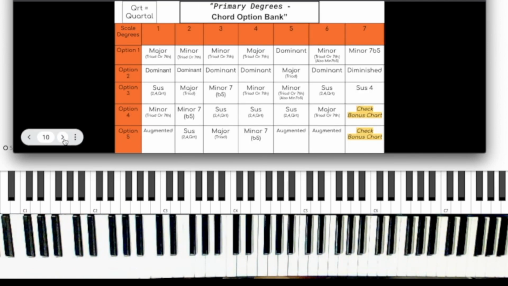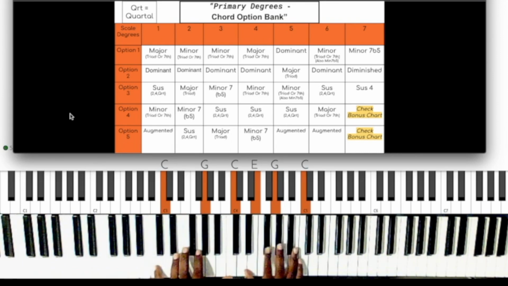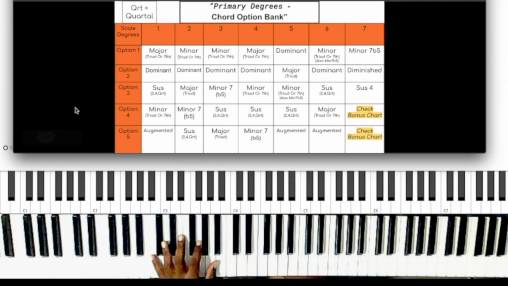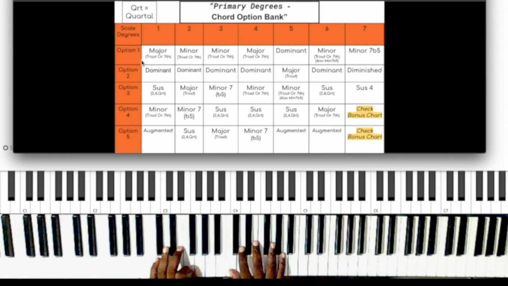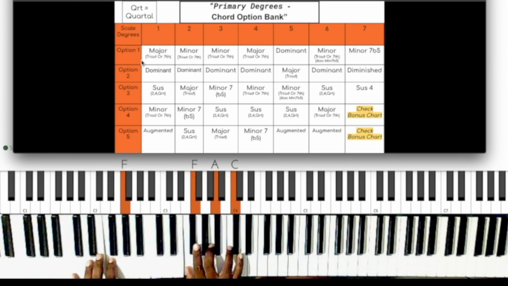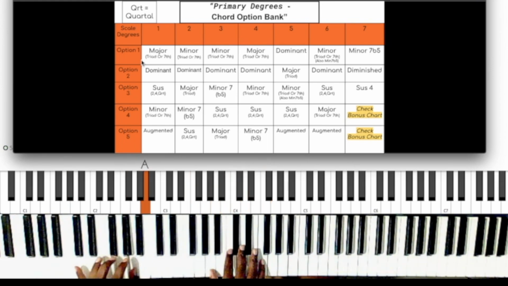And that point leads me to this last part of our series, which is the chord option bank for our primary degrees, which is the 1, 2, 3, 4, 5, 6, 7. Okay? It's really a simple chart. This chart is letting us know which quality each degree holds. I look at this chart in 2 different ways, mostly the vertical way, but horizontally has some function as well. So option 1 is the normal way that we've always understood the quality order in a major key. So the 1 is always going to be major, the 2 is going to be minor, the 3 is going to be minor, whether it's 7 chords or triad chords. So obviously the 5 can be major or dominant. The 6,